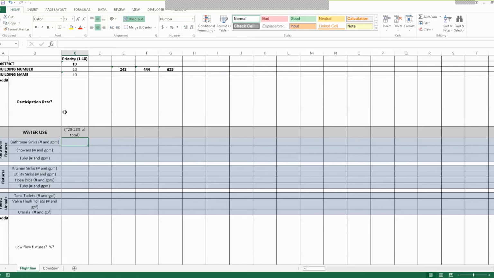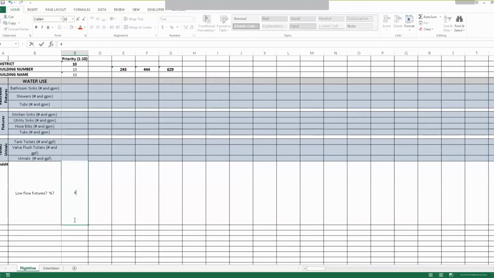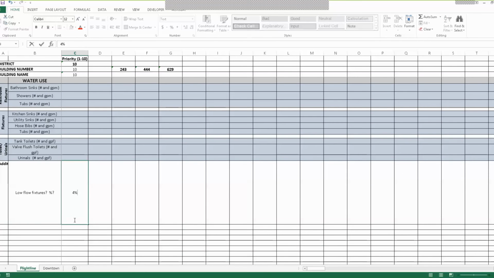And so this is where we want to do a little bit of a top down and bottom up and look at what the building contribution is. What we don't want to do is take the water bill and say that going from regular fixtures to low flow fixtures, I'll just throw a number out, you save 20%, and then take the top down number and save 20% on it. It's really kind of like 20% of the 20%. That would be like 4% of the total. That's the type of thing that we're really trying to determine